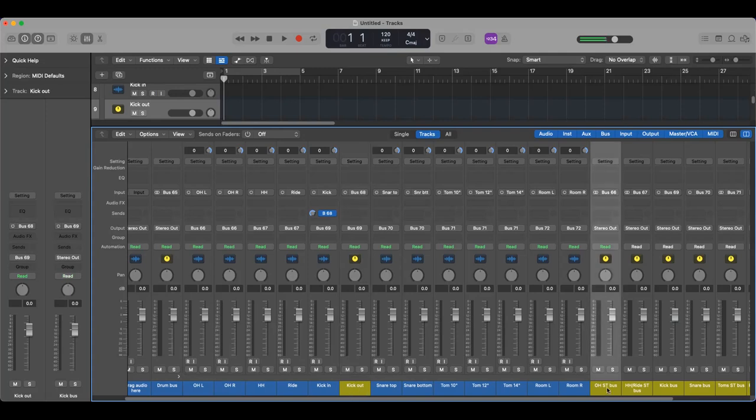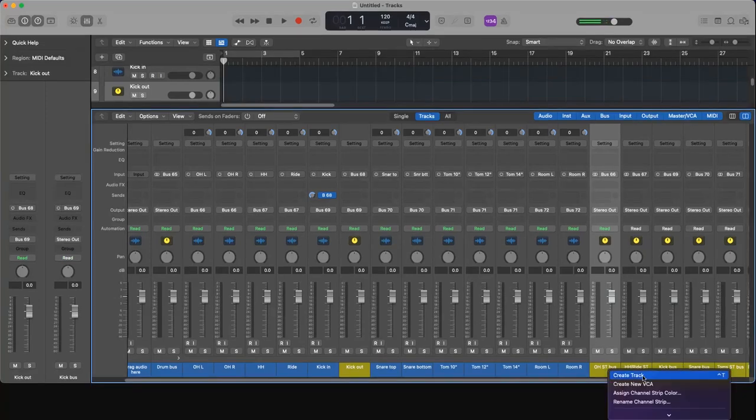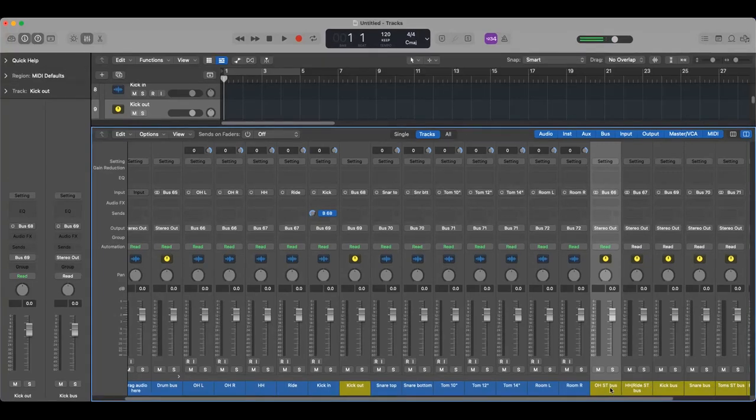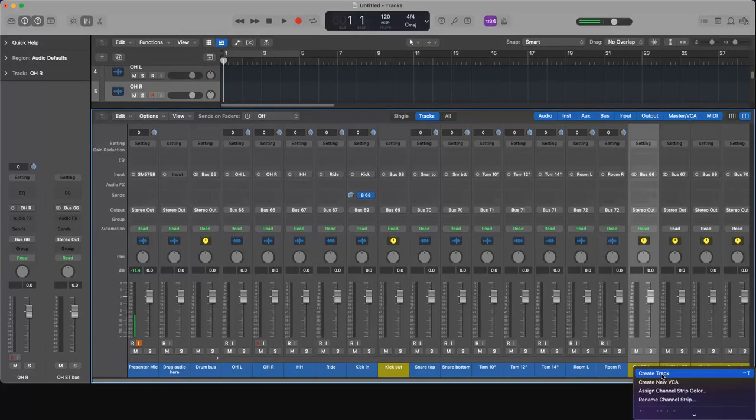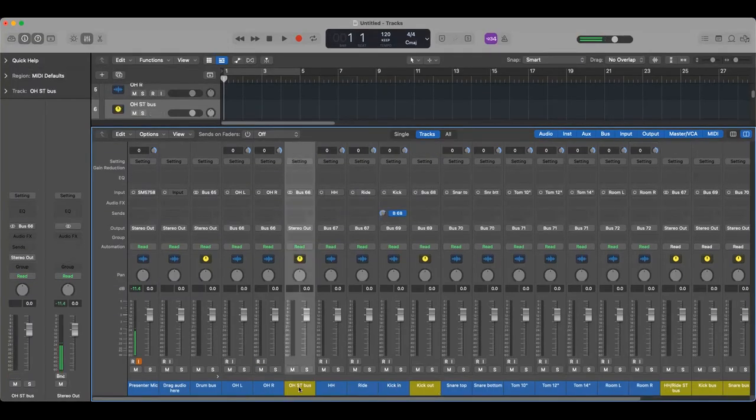We can actually highlight the bus and you could click create track, and that will then move the stereo bus up to where it belongs. In this case, it'll move it up here with the overhead left and right. So you can go ahead and do that if you want. I'll click create track and you can see it moved it right over here,